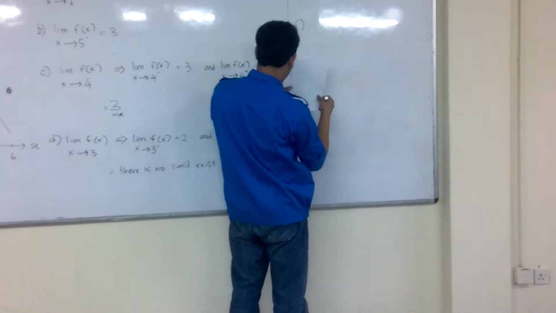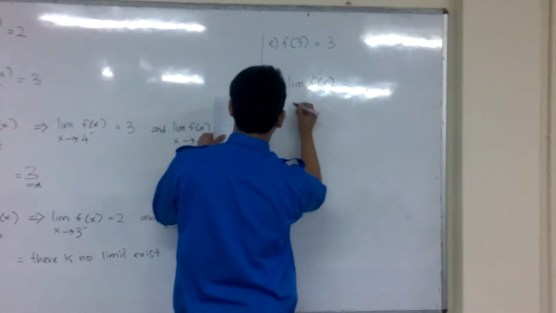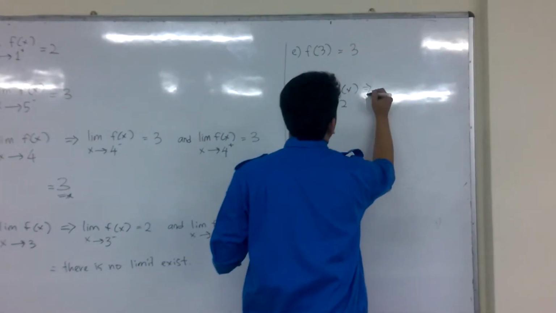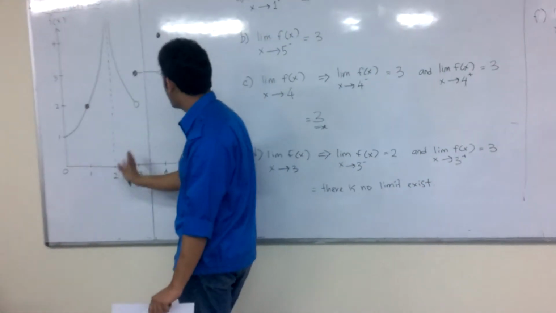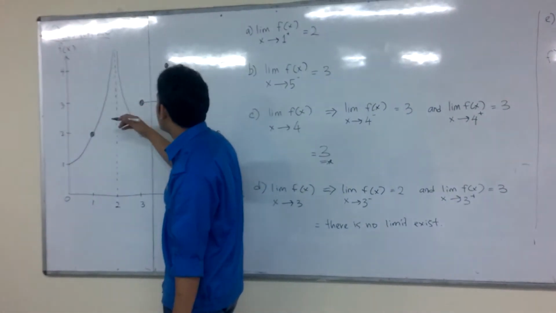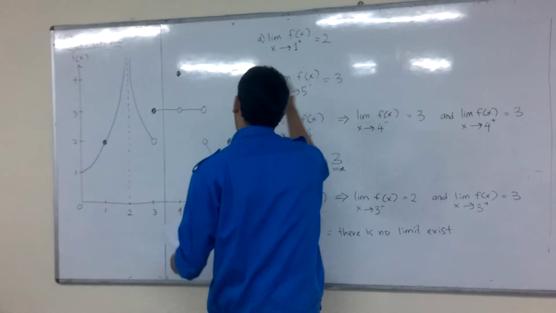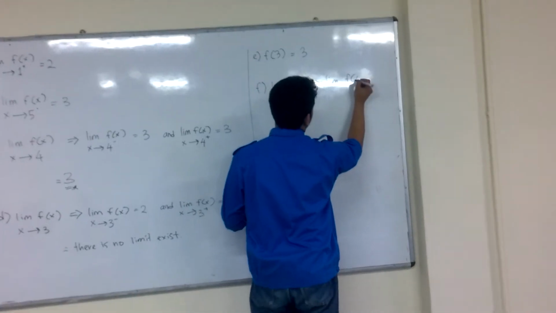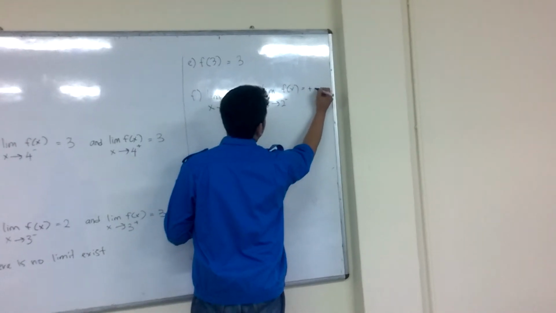Okay, the last question is the limit of f(x) as x approaches 2. Okay, for this question, we can see that as x approaches 2 from both sides, there is no exact limit, but we can see that the graph goes to plus infinity. So we just state that as x approaches 2 from the left equals positive infinity,